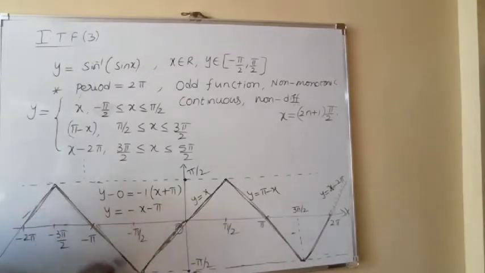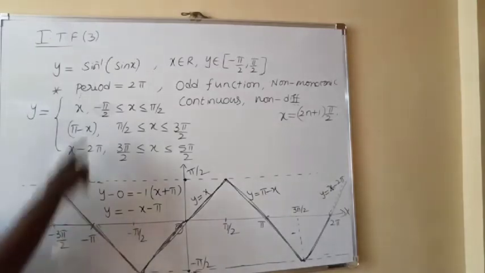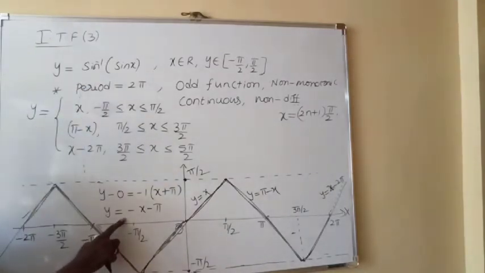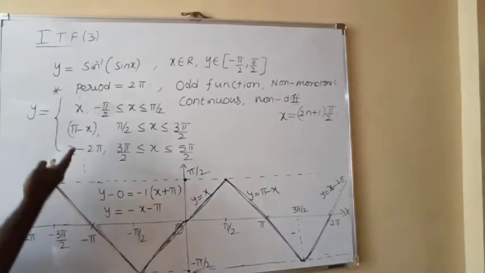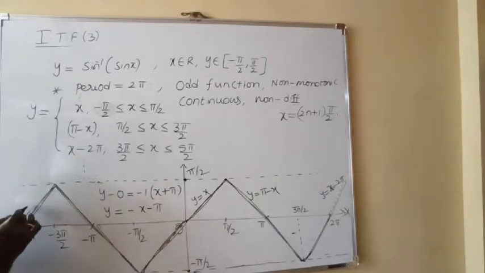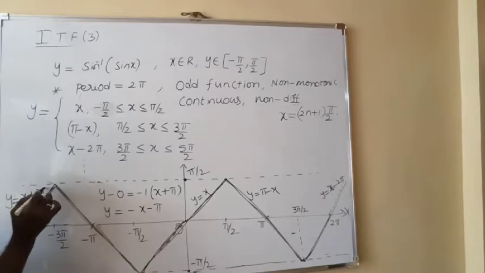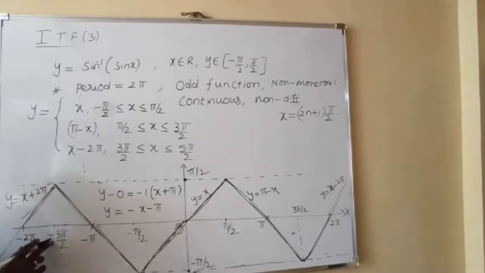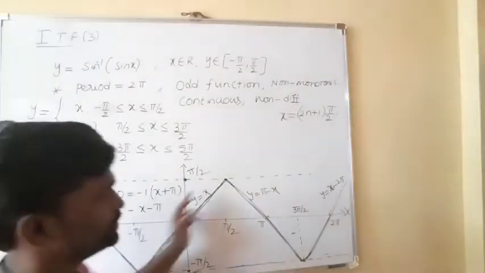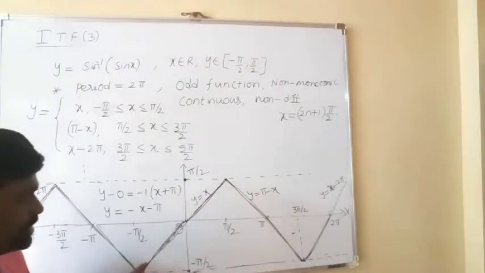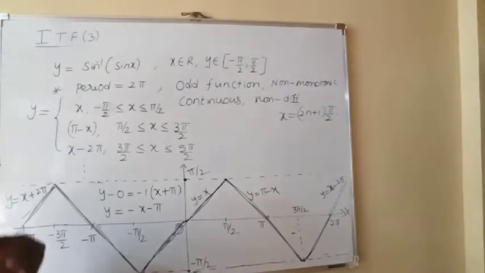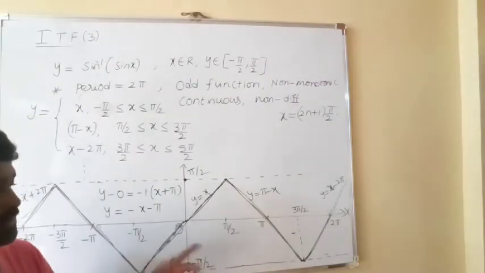So this branch is y is equal to minus x minus pi. That means when x is lying between minus 3 pi by 2 to minus pi by 2, sine inverse of sine x is minus x minus pi. Like that, this one you can find. This line slope will be 1, passing through minus 2 pi comma 0. Then you will get y is equal to x plus 2 pi. Means when x is lying between minus 5 pi by 2 to minus 3 pi by 2, sine inverse of sine x is x plus 2 pi. Easy enough? But you just have to remember the 0 to 2 pi graph, or remember like this: just remember this y is equal to x line. And what you have to remember? Alternatively, these branch slopes are plus 1, minus 1.